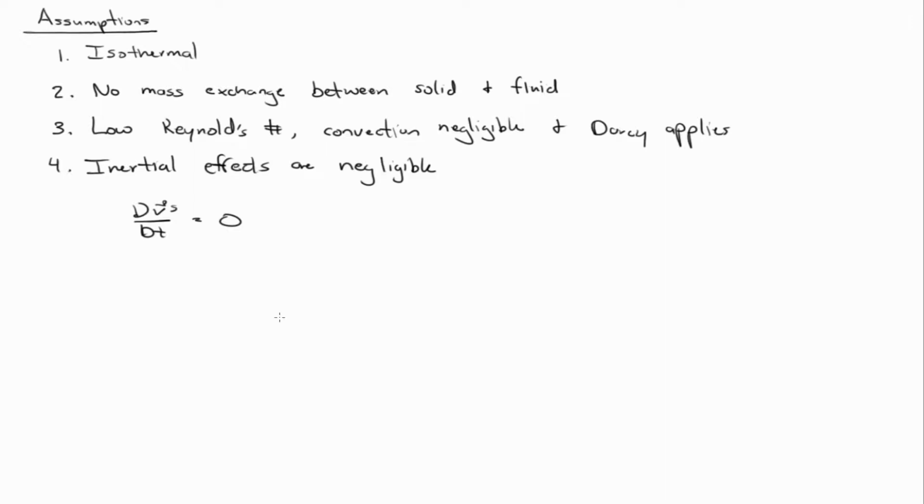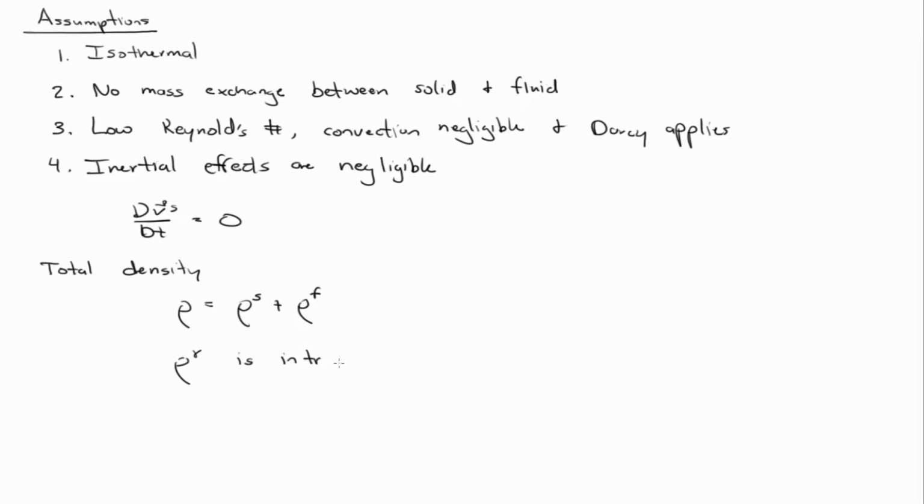So just a couple of notation things. We're going to say that the total density is equal to the density of the solid plus the density of the fluid. And when written like this, in general, I'm going to say the density of the gamma phase. In this case, there's only a solid and fluid, so there's only two phases. But in general, you could have 50 phases. Right? So the density of the gamma phase